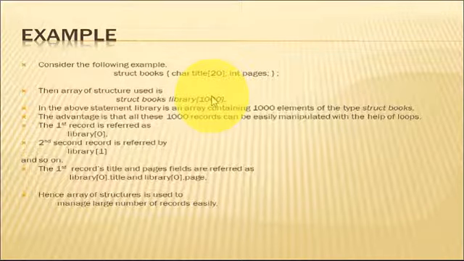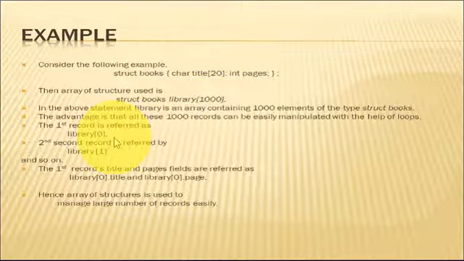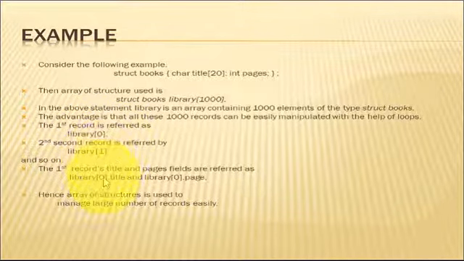Suppose you want to collect only a single book, struct books library is enough. If you go for collecting 1000 books, 1000 records, we go for the library array, that is library[1000]. For accessing the values, library[0] dot, library[1] dot, library[2] dot.